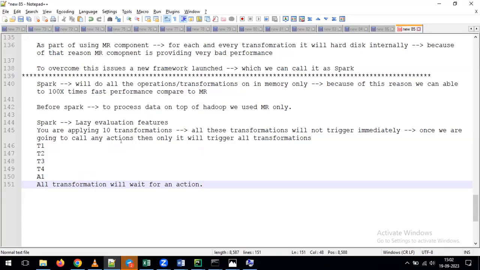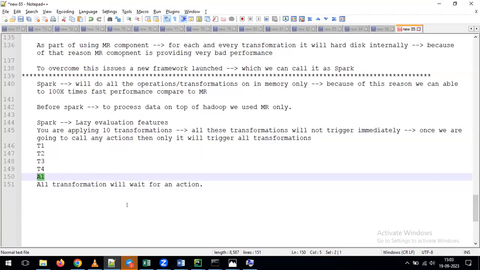As part of the lazy feature, it does not run all the transformations immediately. Whenever we call the action, only then will it trigger all the transformations one by one. With that, it provides the best performance in our execution. That is the one thing we need to understand. One more thing is